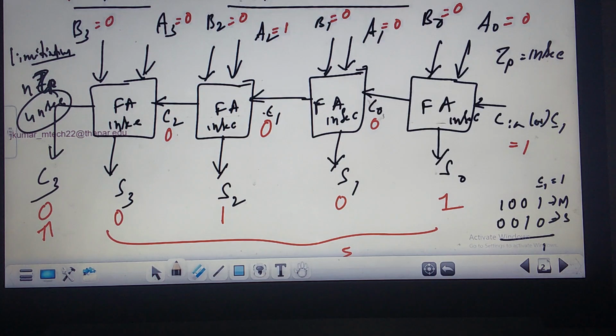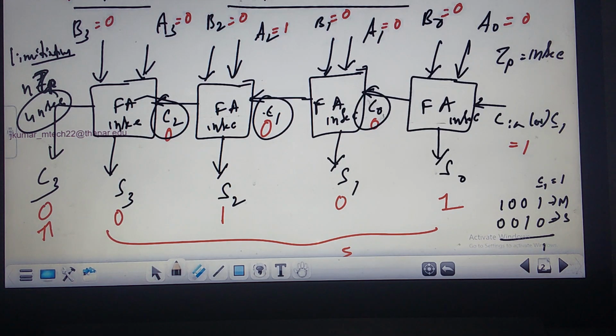So I will design a logic such that as soon as my Ai, Bi and C-minus-1 inputs are available, I'm going to predict the value of C0, the value of C1, the value of C2. As long as I know this, I can find C0, C1 and C2 so that I can do the addition operation in less than 4 nanoseconds. That is nothing but the carry look ahead.